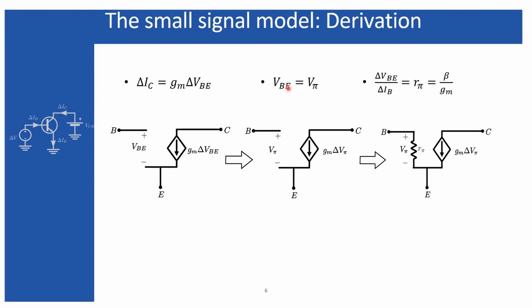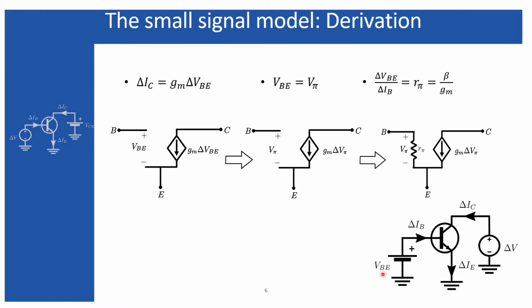And for the next circuit, I have assumed VB equals V pi for simplicity, because V pi will always be equal to VB, and therefore this V pi will appear on this side also. And next, the element between this base and emitter will be represented by simply a resistance, which equals beta by Gm, what I told in my last slide.